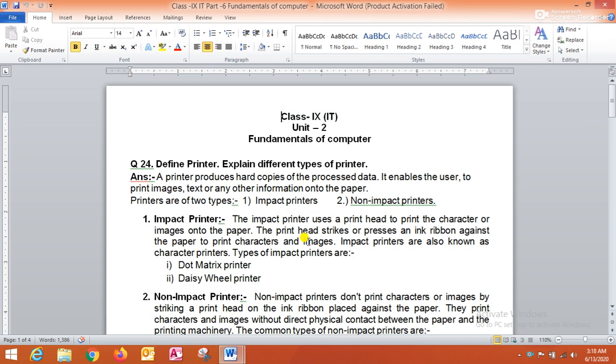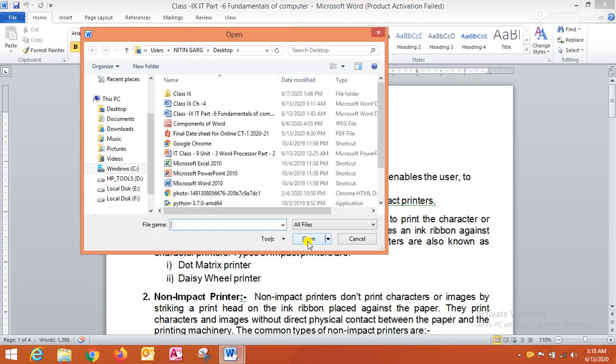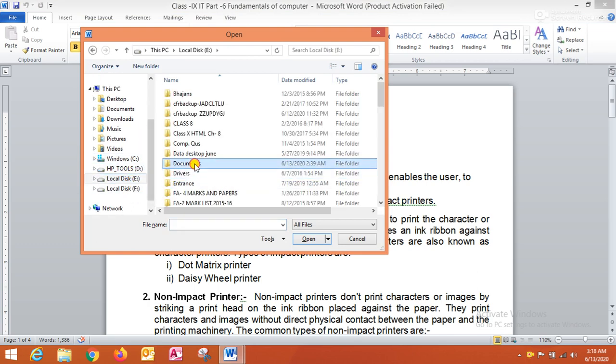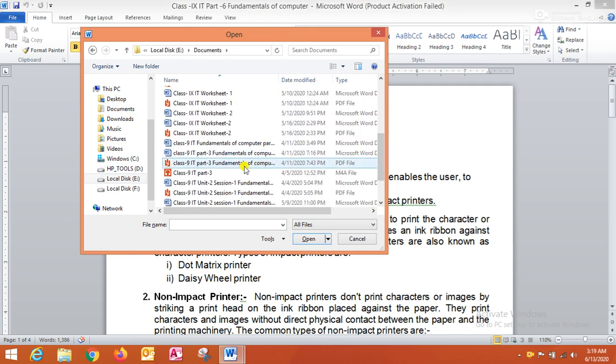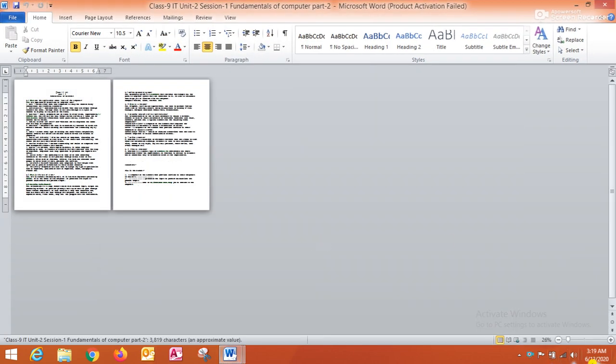Next method to open an existing file is press the Ctrl plus O key combination from the keyboard. Again, this is the Open dialog box. The Open dialog box will be displayed. Now I am selecting the E drive documents folder and then select any MS Word file. From here I am selecting class 9th IT unit 2 session 1 open. This is the